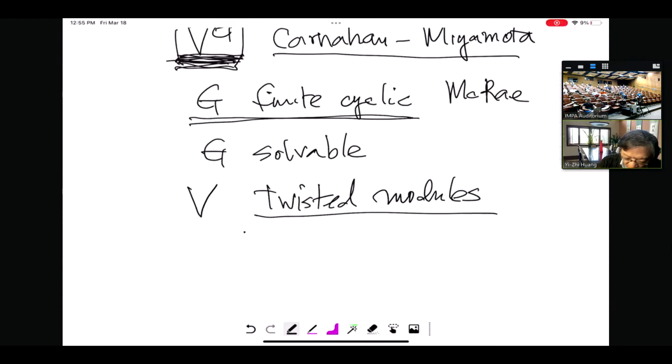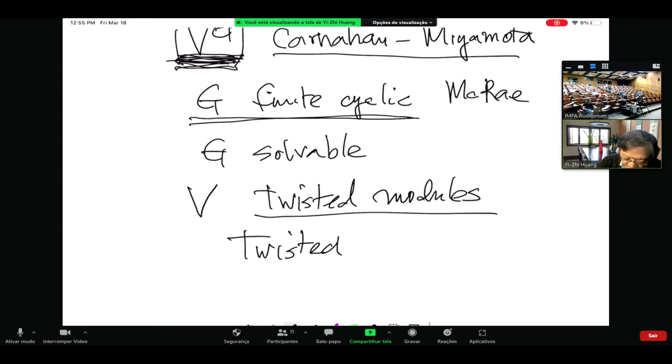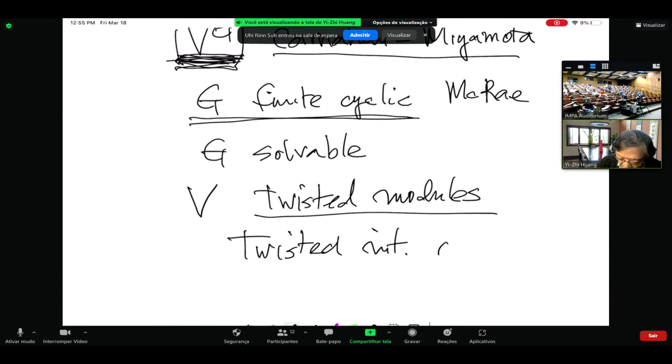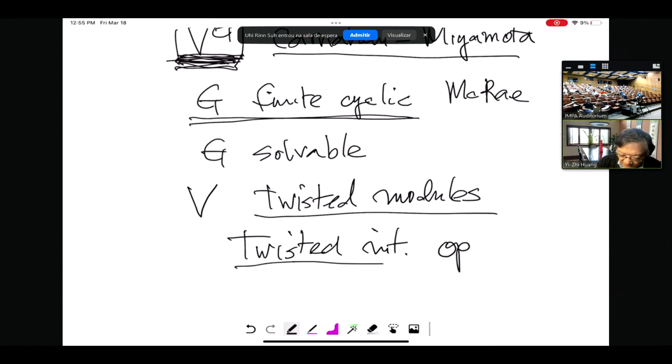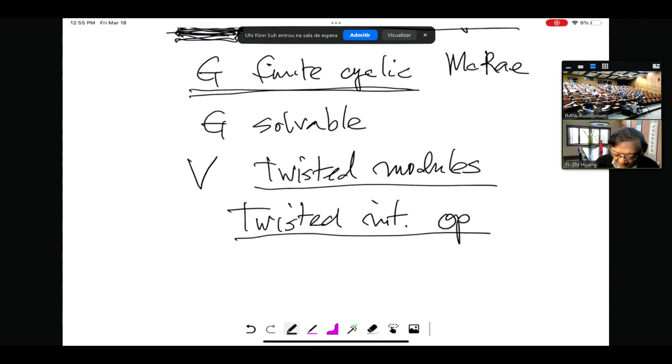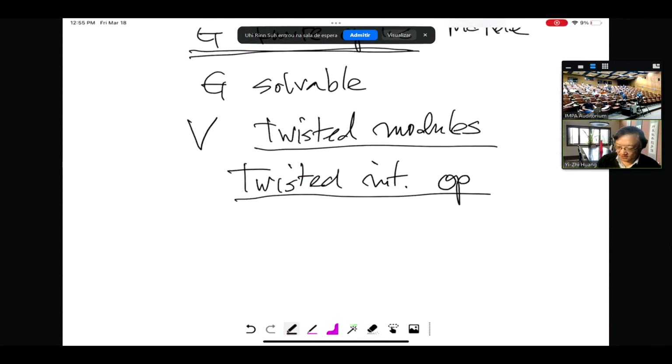And we have to work with the so-called twisted intertwining operator. Here, by twisted intertwining operator, it is nothing but the intertwining operator among twisted modules. So that's the meaning of this. Okay, so this is what I would like to study, because the reason why